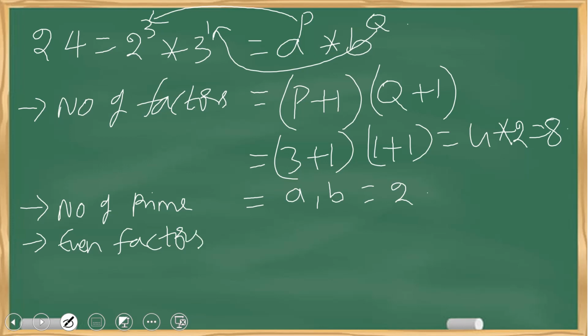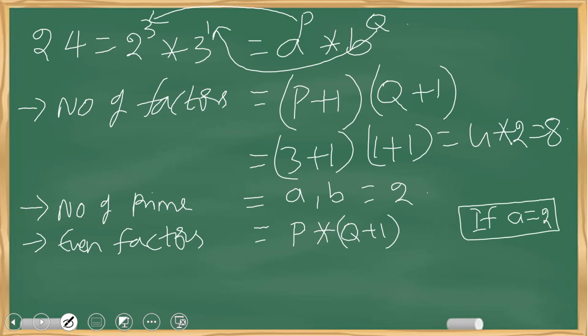Even factors. Whenever you have even factors here, you should take p into q plus 1, if a is equal to 2, and so on if you have more. Now tell me, what is p? p is 3, into q is 1, plus 1. That is equal to 6. Next,